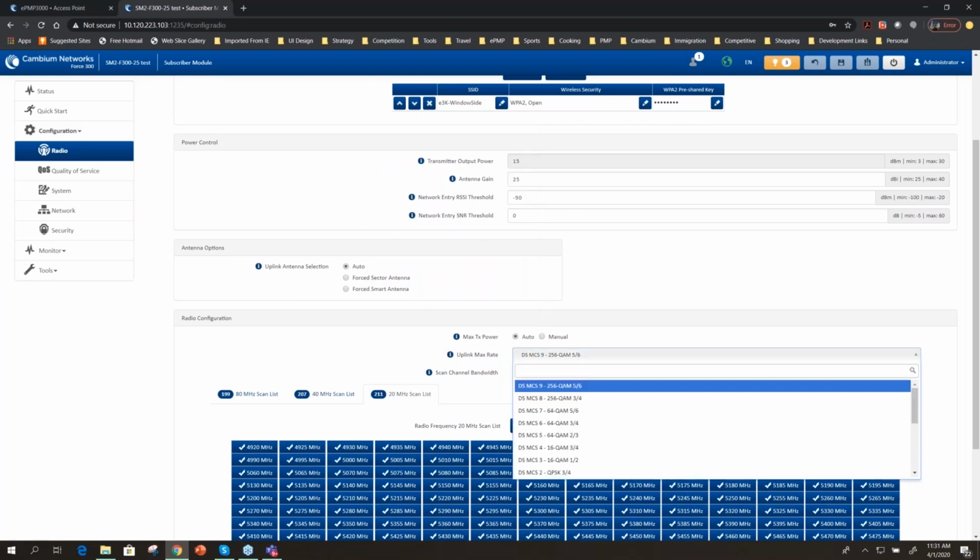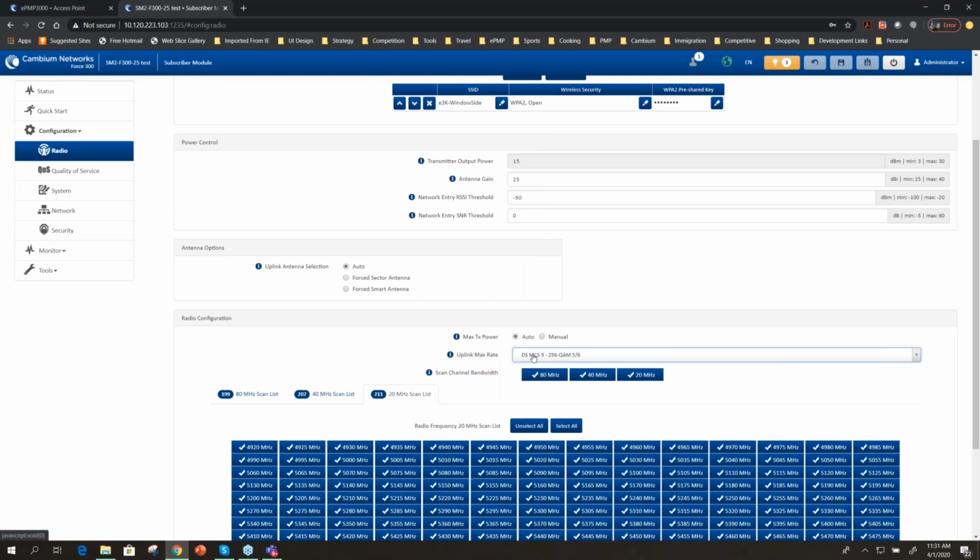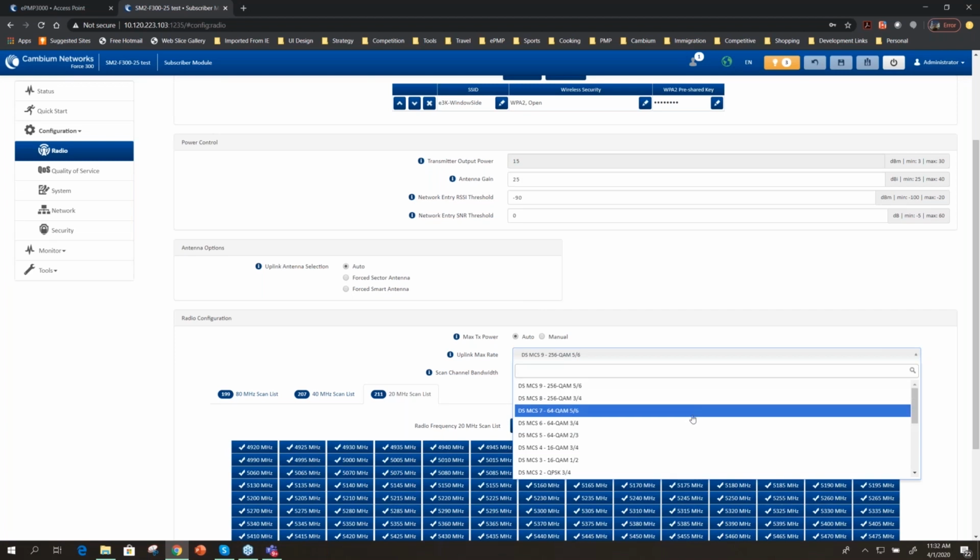But here, what you can essentially do is lock the modulation, which means you're telling the radio do not go above a certain level. Why do we recommend this? If you have a situation where the interference is going in and out, and as more and more users start to use the product and other radios are getting deployed, you'll see situations where the modulation is going up and down, which will result in higher latency, higher retransmissions, and more jitter, which will impact your TCP performance. Typically, you let the radio handle this, but when you run into situations like that, you can lock the modulation to one level below or 2 levels below.